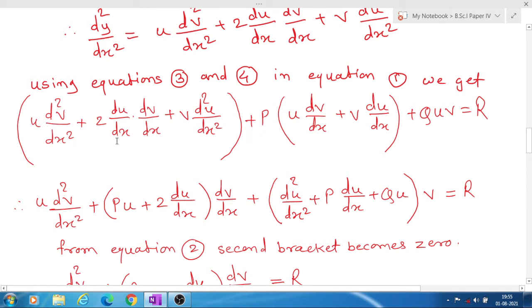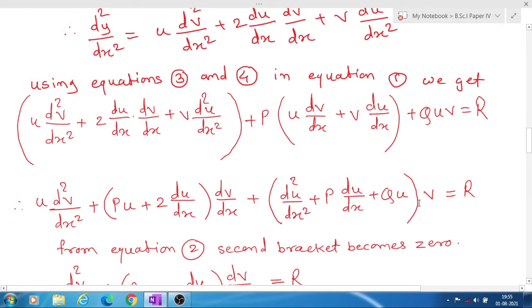So from these two terms we take dv by dx common and remaining in bracket. So here remains p into u and here remains 2 times du by dx. Therefore taking dv by dx common, into bracket remains pu plus 2 into du by dx